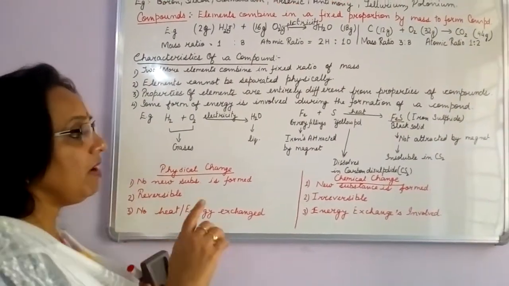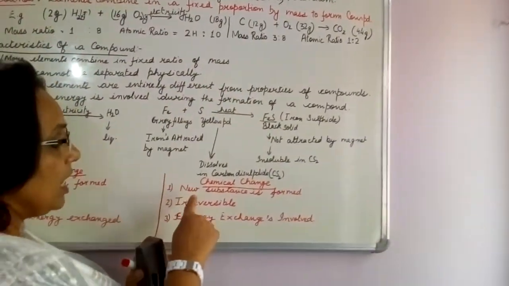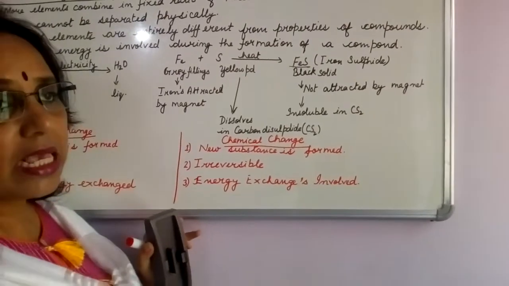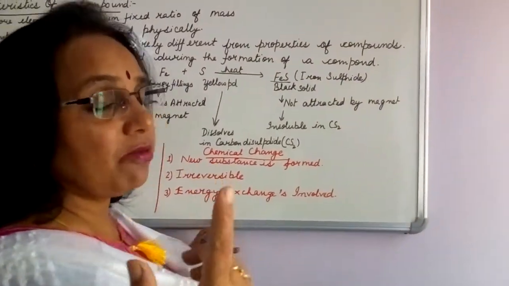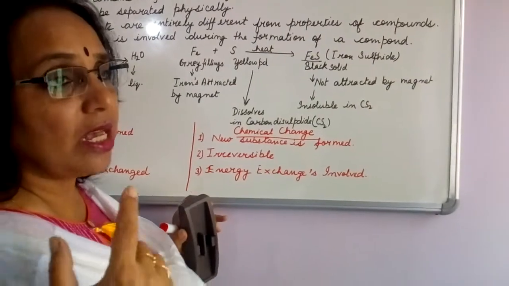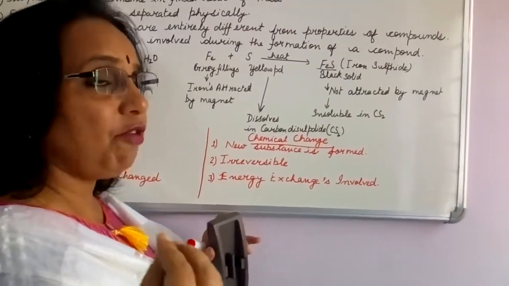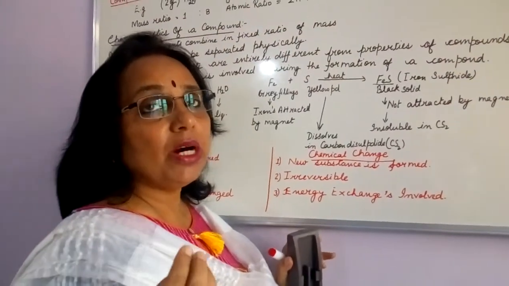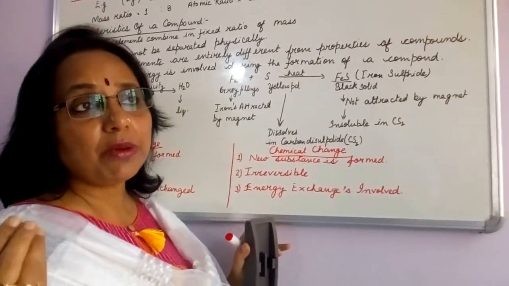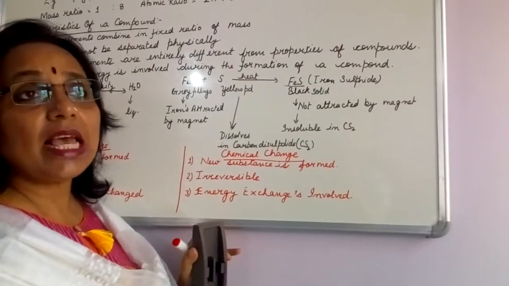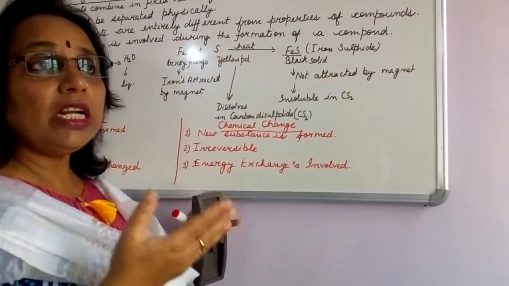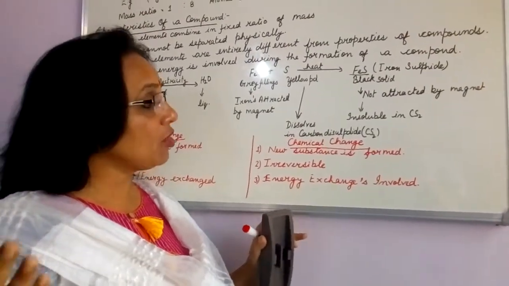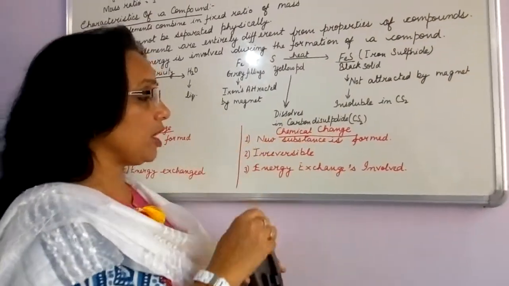On the contrary, in a chemical change, always a new substance is formed. I had taken the example of carbon, which is getting converted to carbon dioxide. Carbon is a black solid. Any form of carbon is usually black in color, for example, coal. When we burn it in the presence of oxygen, it is forming carbon dioxide, which is gaseous and colorless as well. So the black solid has been converted into the colorless gas carbon dioxide. So a completely new substance is formed.